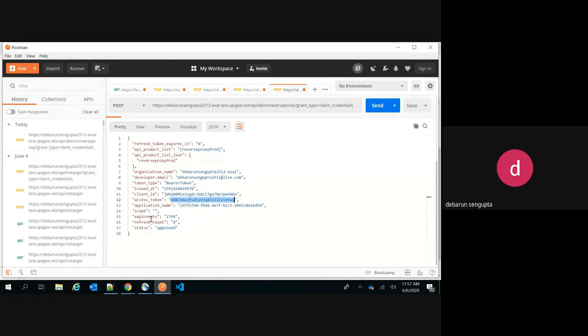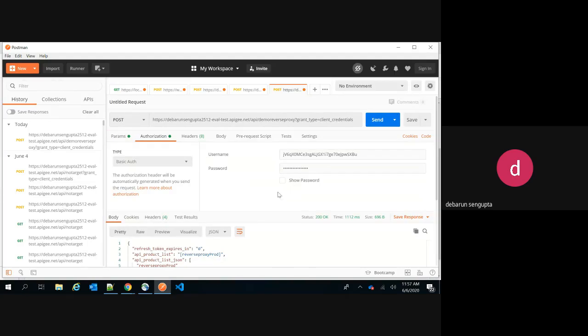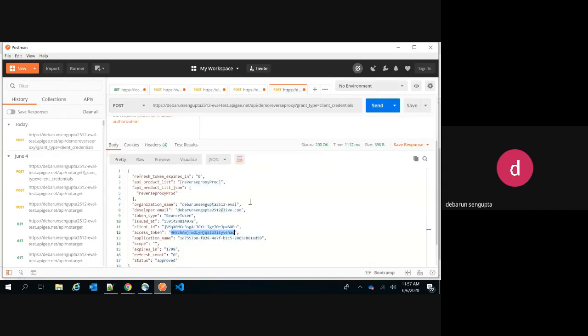It also shows other parameters like expires in, that we have set as per the policies. All those important parameters get returned in the response. So this is how you can configure OAuth and get the access token. Once you get the access token, you just pass bearer space and the token in the header of the request and call your actual endpoint. You will be able to connect. So this is how, with minimal effort, you will be able to do all these things.